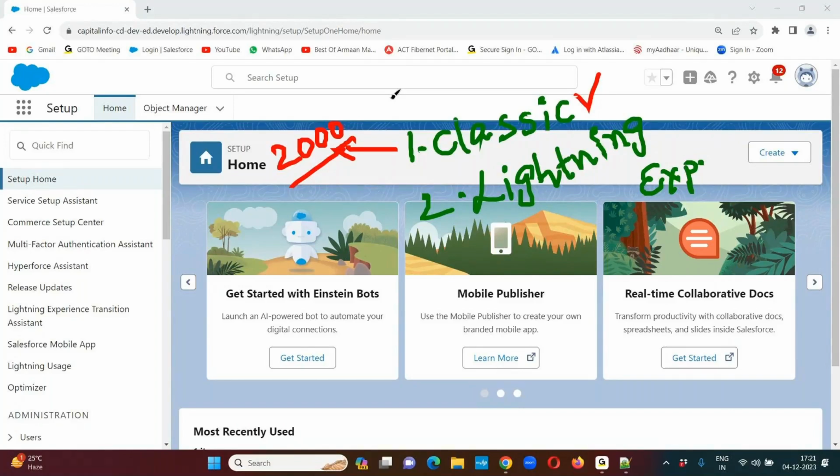So the people are very fine. They're very much comfortable with the classic user interface. Now they're very happy with this classic user interface. The applications are very stable. The applications are working very fine. No issues. But for the last 12 years, that means from 2010 to 2012 onwards,